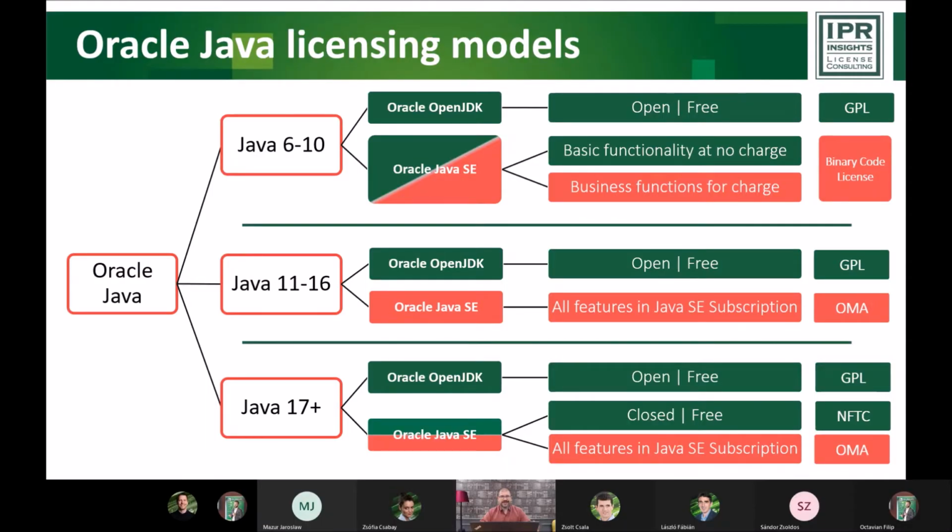So with Java 11, at least clarity came in to a larger degree, but there were some unwelcome changes as well. In order to make things easier in the technical department, Oracle made a shift and made Openjdk completely code identical to the proprietary distribution.